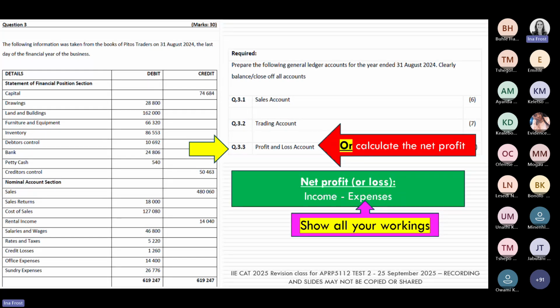Okay, well done. Okay, please, students, I think Evidence, you will agree with me. That's probably the one thing that breaks the heart of a lecturer the most, is when we get students that don't show us workings and we can't understand how they got to the amount. That is very true, ma'am. It's very true. They must always show their workings.